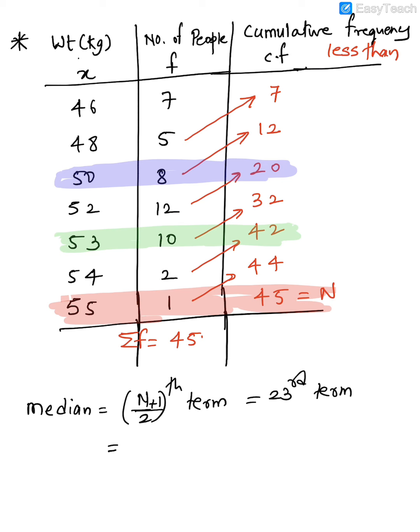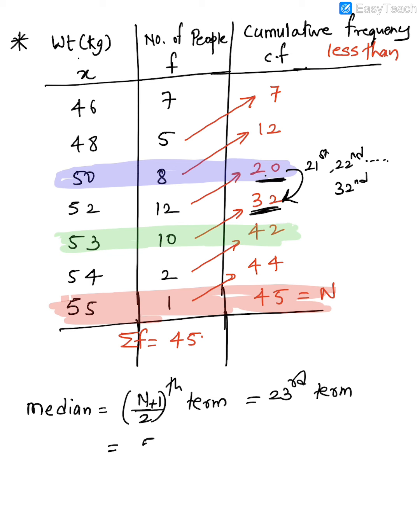So see, what is the 20th term in this data last here? The guy who's 20th, what is his weight? 50 kg. Now the next guy who's 32nd in the row, what is his weight? 52 kg. So see, try to understand that all these people who are between 20 and 32, meaning the 21st guy, 22nd guy and so on, till the 32nd guy, they all have what weight? 52 kg. Got it? So after the 20th guy, the next 12 kids are those whose weight is what? 52 kg. And hence your median will be what?